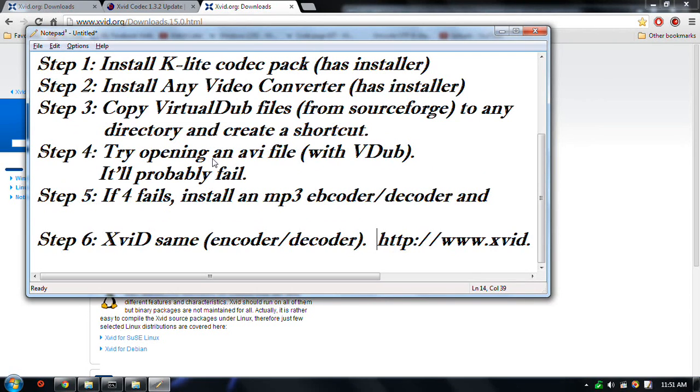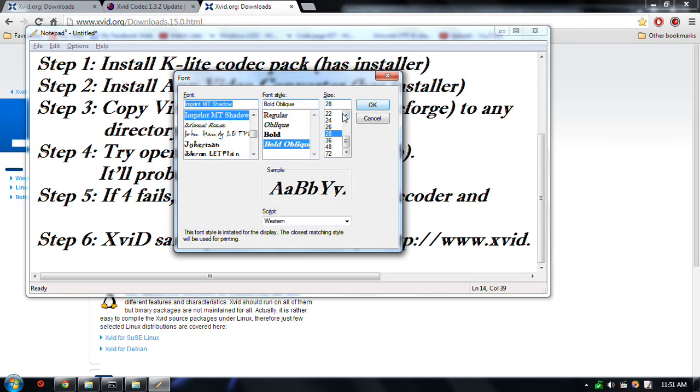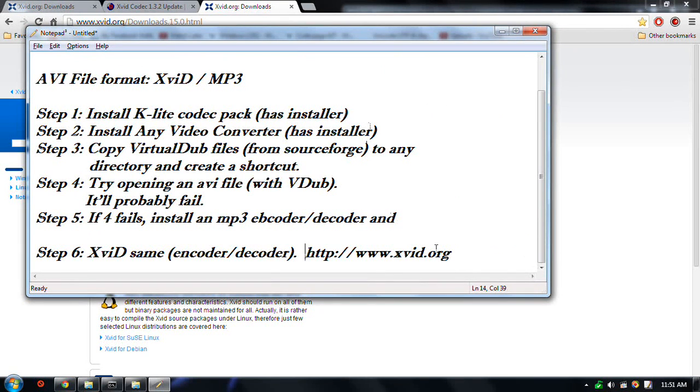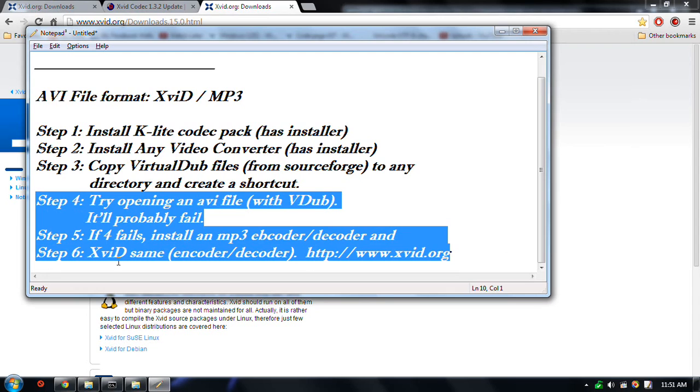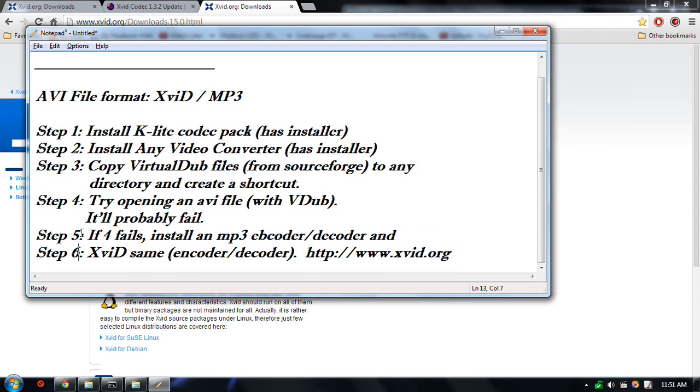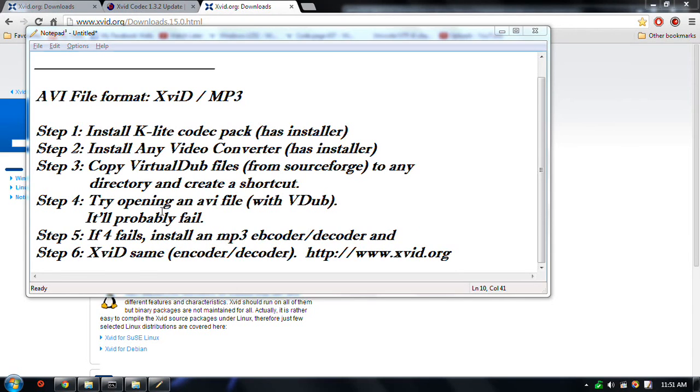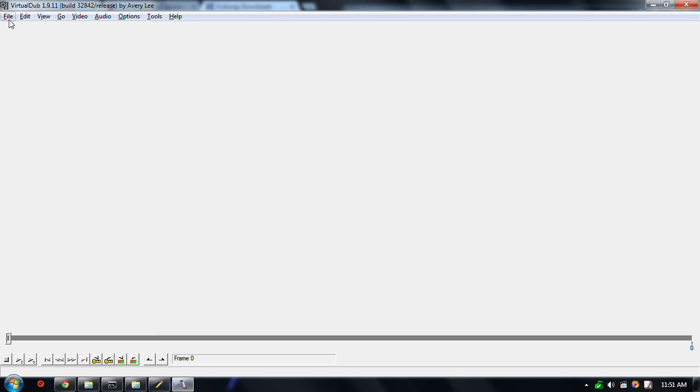My font is a little small. Okay. You need to have 3 components: VDub, an MP3 encoder decoder, and an XviD encoder decoder installed. And once these two are working, then VirtualDub will finally work, and you'll be able to open, at least minimally, an AVI file